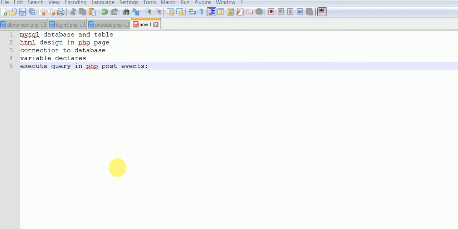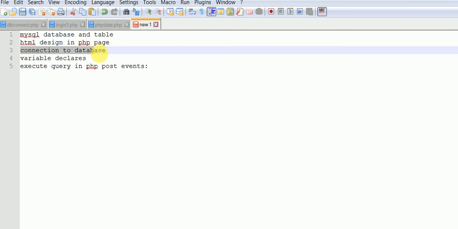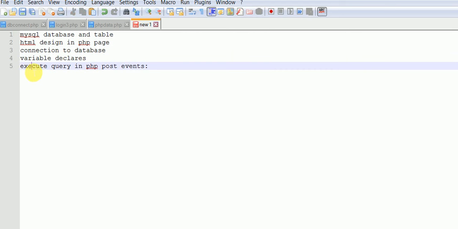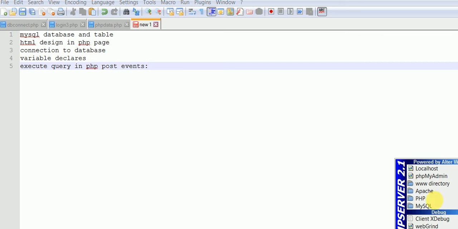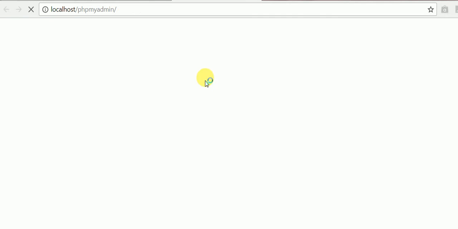I have separated this discussion as: first, the MySQL database and table; second, the design part of the page in the PHP page, and connection declaration to the database; next, variables to hold the values of the text fields, and executing the query in the PHP post event to insert into the database, that is, sending data to the database. So now see here, I have already told you the creation of the MySQL database in the MySQL phpMyAdmin